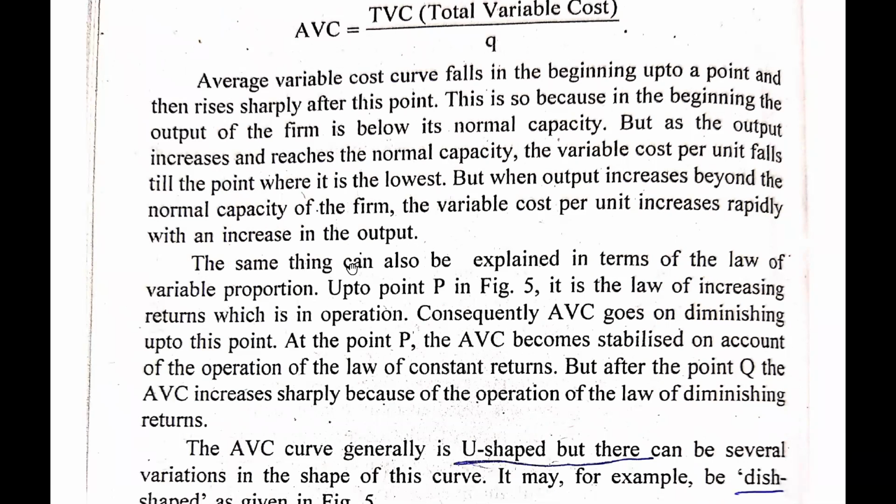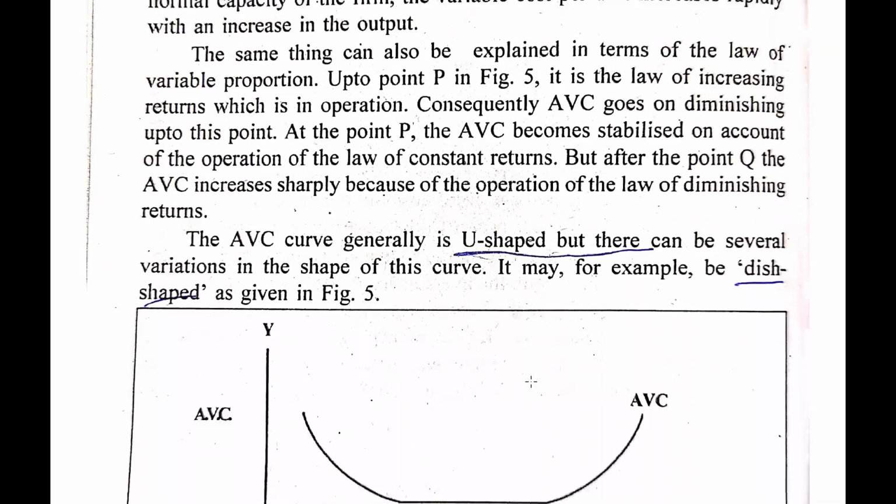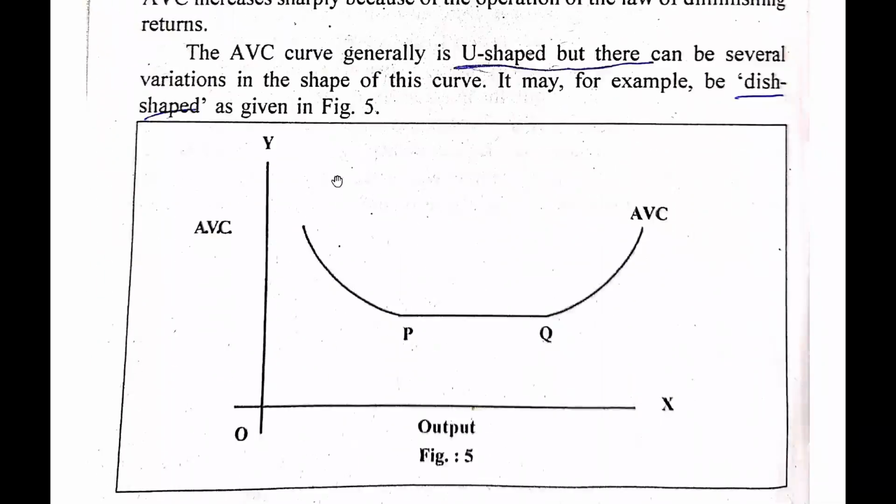Now we will see the same thing can also be explained in terms of the law of variable proportion. Up to the point P in figure 5, the law of increasing returns is in operation. Consequently, average variable cost goes on diminishing up to this point. At the point P, the average variable cost becomes stabilized on account of the operation of the law of constant returns. But after the point Q, the average variable cost increases sharply because of the operation of the law of diminishing returns. So guys, the average variable cost generally is U-shaped,